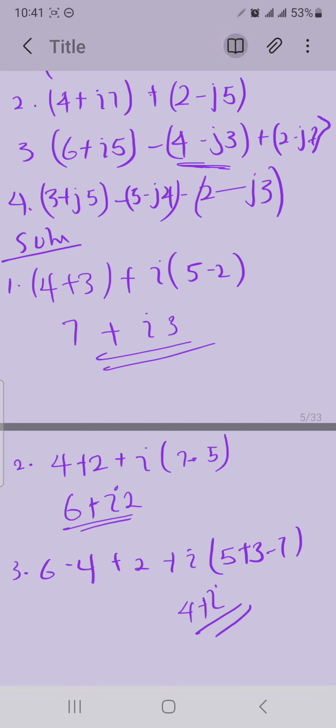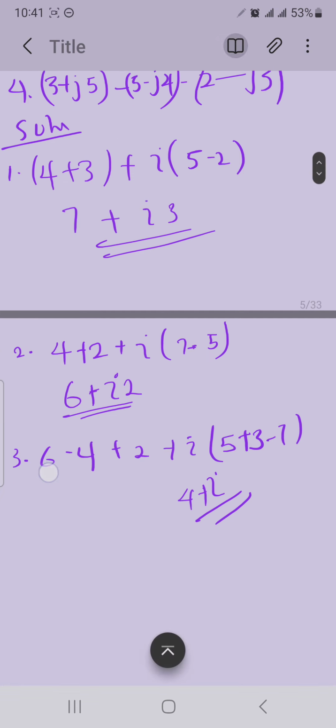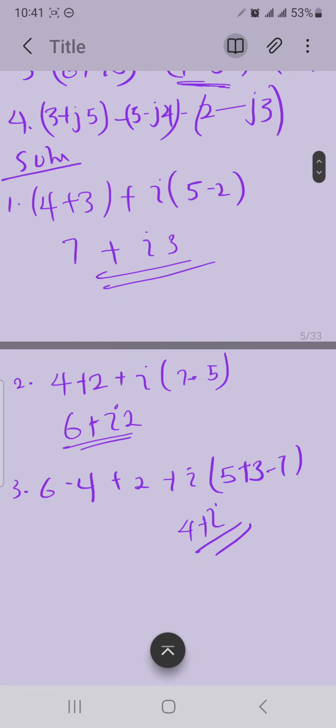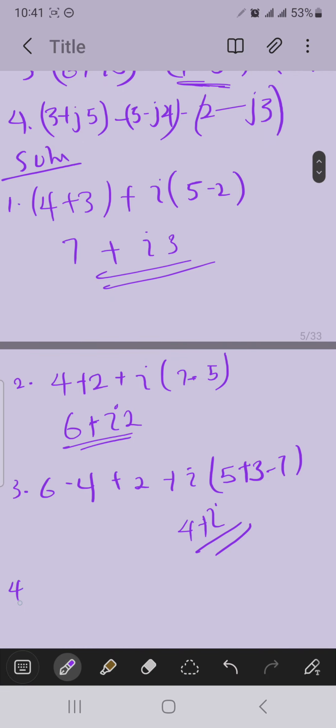This one is going to be 4. You know it's going to be 2 plus 2, 4. So the last one, which is the fourth one, it's going to be